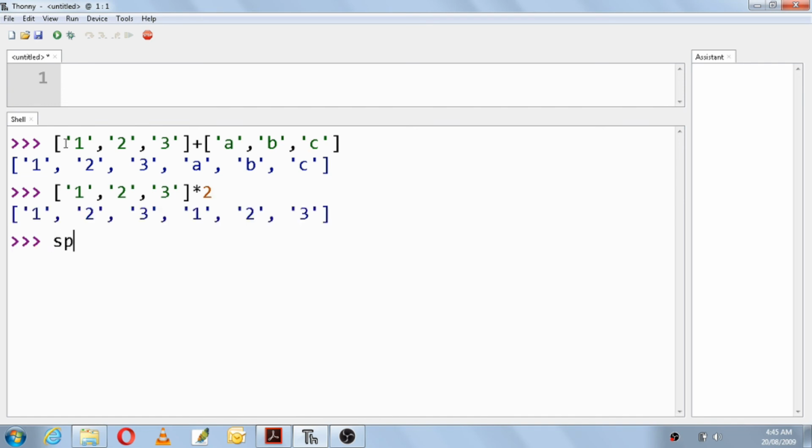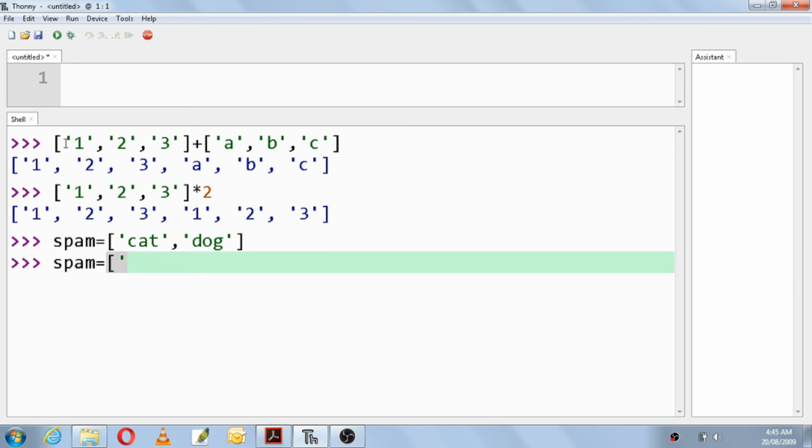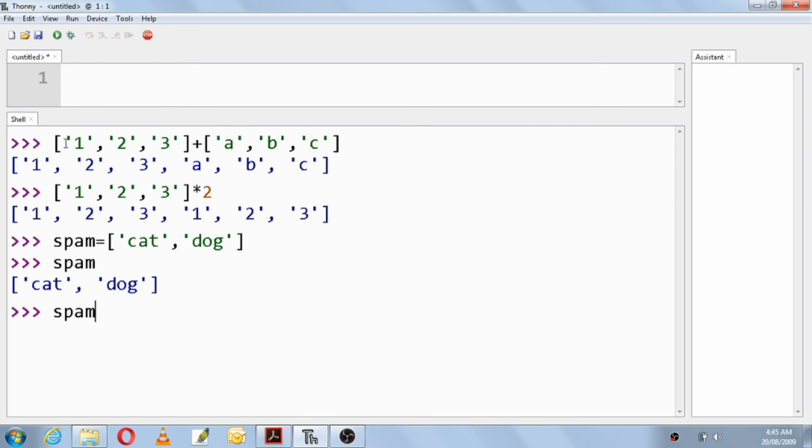The next one is spam equals cat comma dog. So spam will display this. The next thing to do is spam equals the same variable spam, and we add one more list.